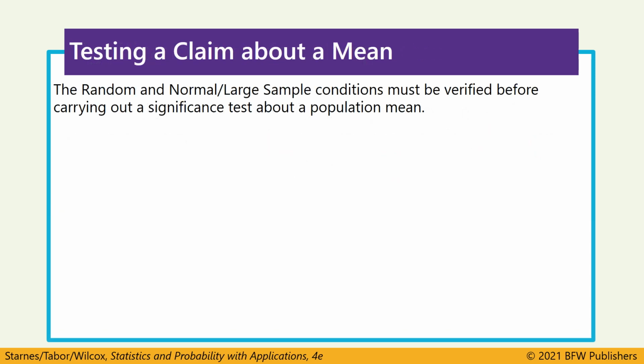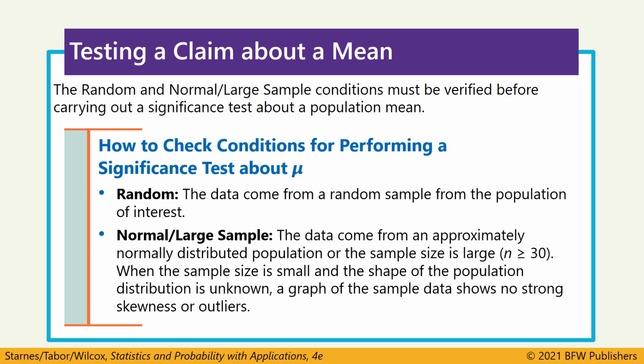As for conditions, they're the same ones we covered for confidence intervals, as well as sampling distributions, which we were first introduced to back in chapter 7. So we want to have a random sample, with the sample being less than 10% of the size of the population. And we need to meet this normal/large sample requirement, where we have a sample size that's either greater than 30, or we have data that comes from a normally distributed population. If neither of those is true, we can look at the actual sample and see if the sample displays a distribution that doesn't have any strong outliers and at least looks approximately normal.